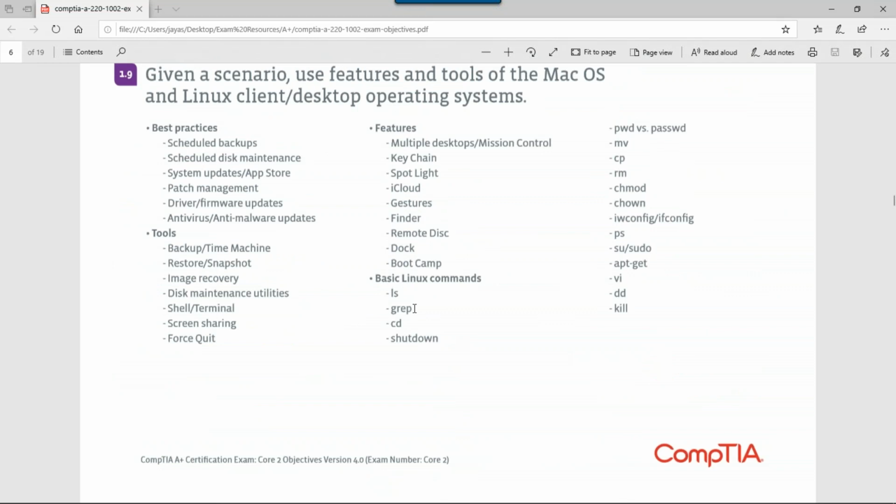Or you want to see a list of the directory in Linux, which command would you use? Or you want to create a restore point in Linux, which command would you use? You want to change ownership of a file or something like that, which one would you use?